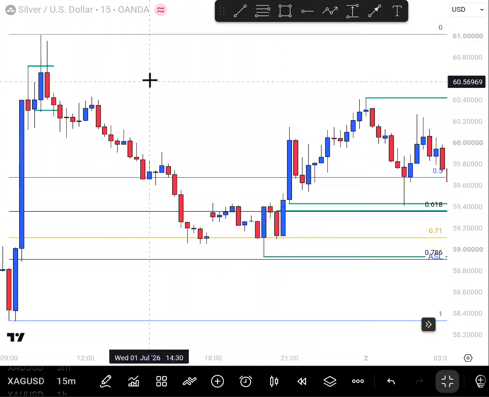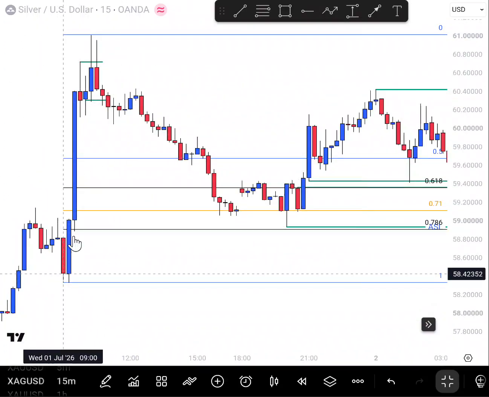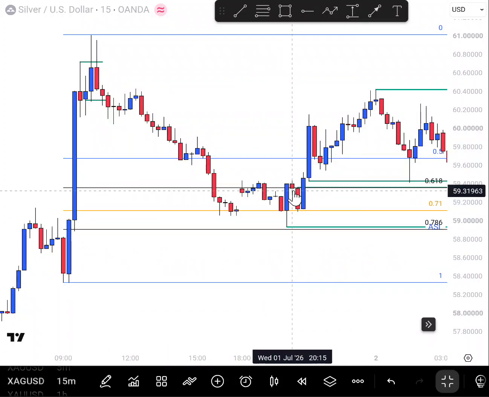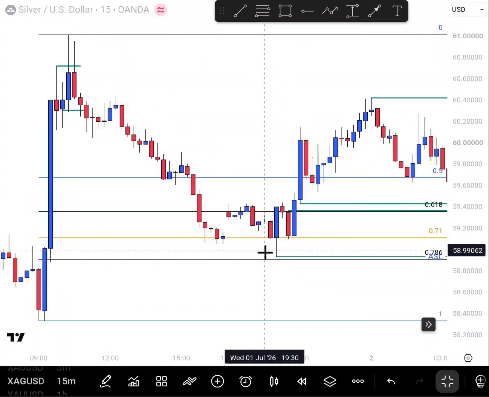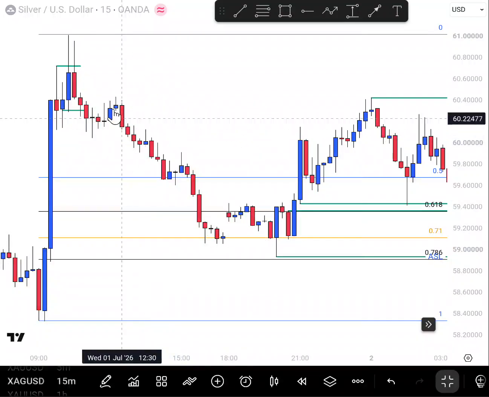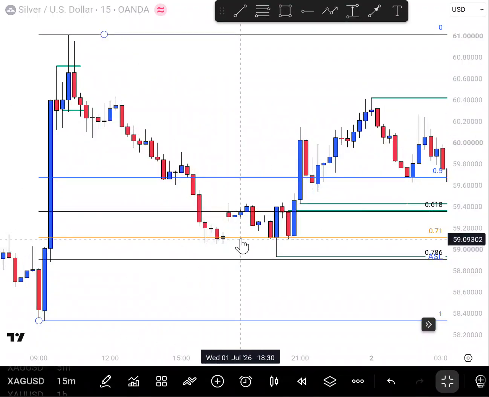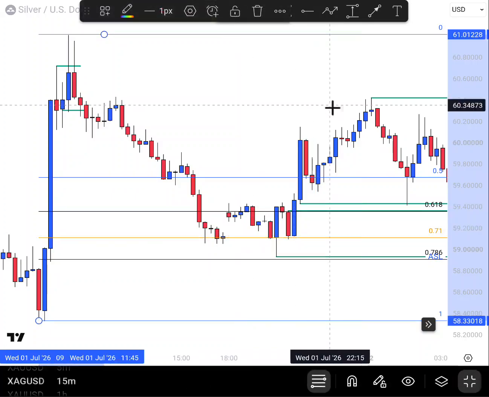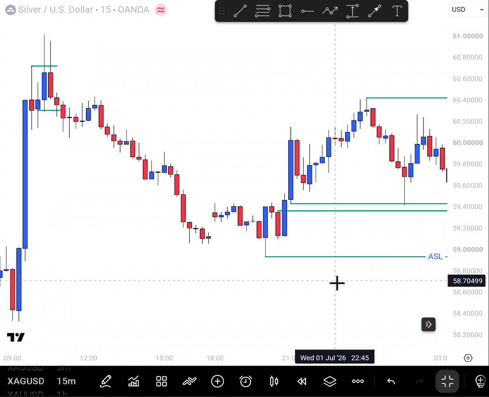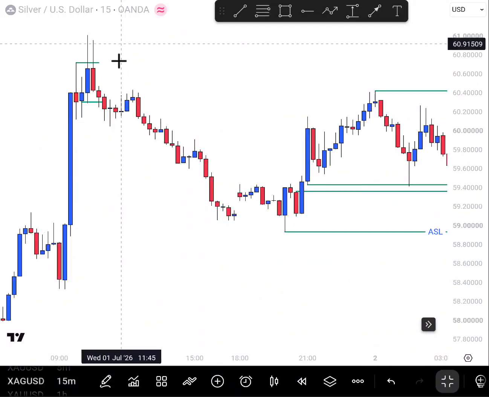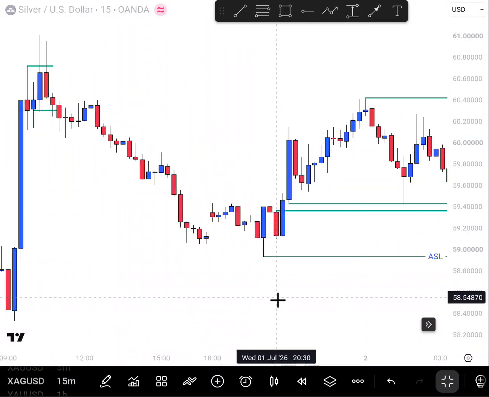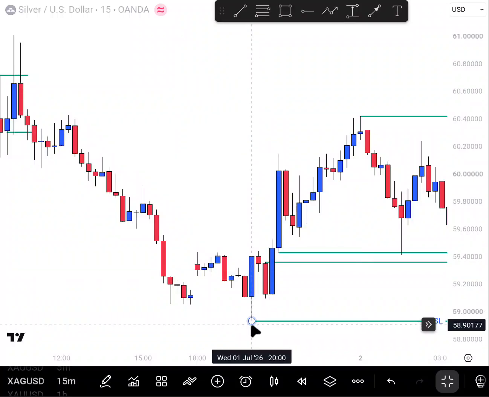Since my range is a bullish range, the continuation would be for me to look for buys inside the discount of my range. So you wait for price to drop back into the discount of your range. If you're bullish, then it is where you want to take on your entries. After price dropped down into the discount of my range, we had it form this